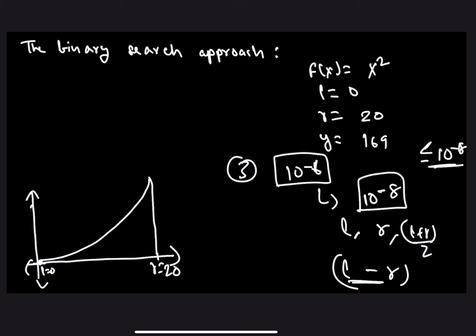What we are trying to achieve is to reduce the size of the search space as much as the requirement of the problem demands. So basically, the more accuracy you want, the more iterations you will need to run in the binary search. Now if you have grasped all these 3 points, and if these 3 points are crystal clear, you will be able to follow what I am trying to do over here. So let's continue to the algorithm, and let's have a look at the dry run for it.